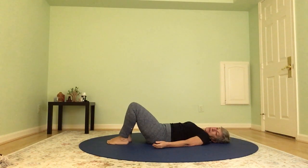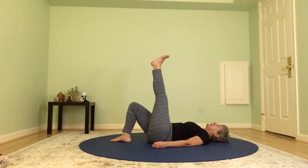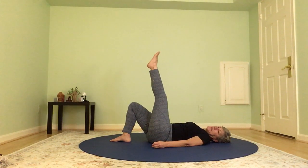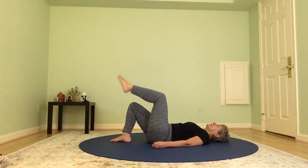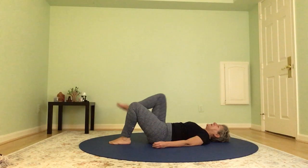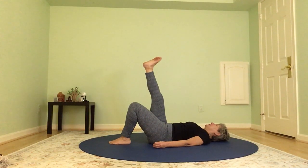Let your knees gently open and close as though they were butterfly wings. Keeping your left foot on the mat, extend your right leg and point and flex the foot. Release that ankle, circle one direction and the other. Bring your right foot down, extend your left leg up, point and flex the foot. And circle the ankle one direction